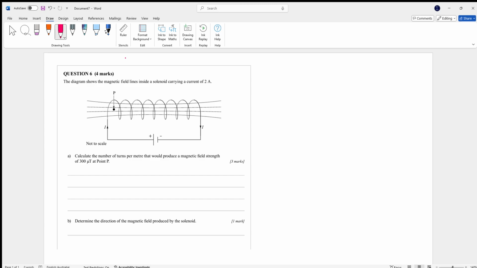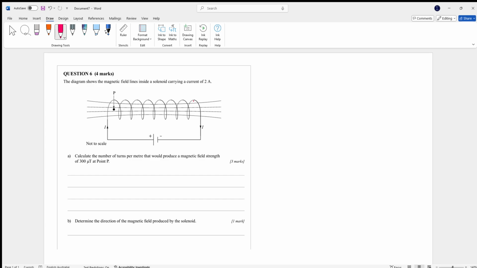So question 6, the diagram shows the magnetic field lines inside a solenoid carrying a current of 2 amps. And you can see it's not to scale here, and we can see the direction of the current. Now, this is just assuming it's conventional current, okay? Always assume it's conventional current, and they will tell you if it's not. Conventional current's the flow of positive. Calculate the number of turns per meter that would produce a magnetic field strength of 300 microteslas at the point